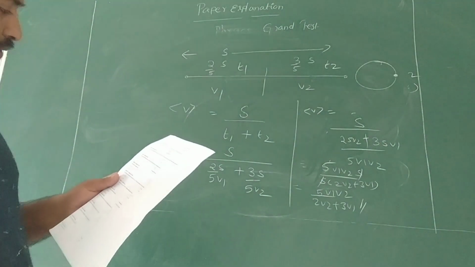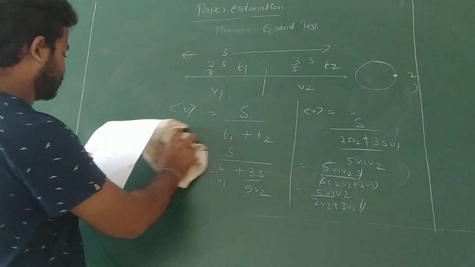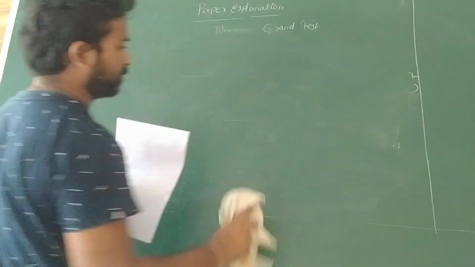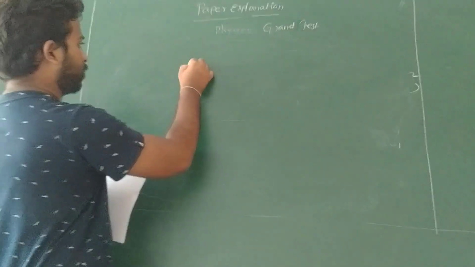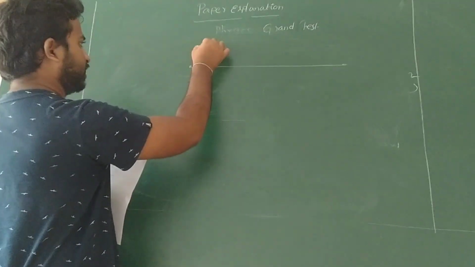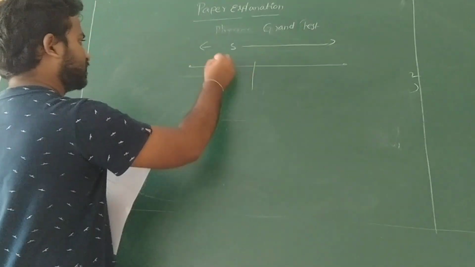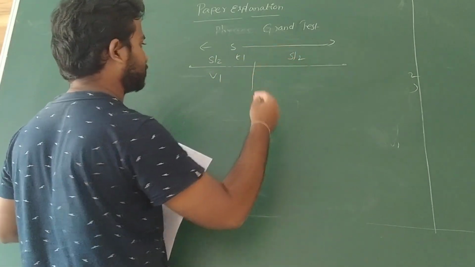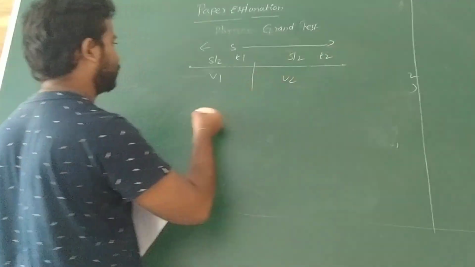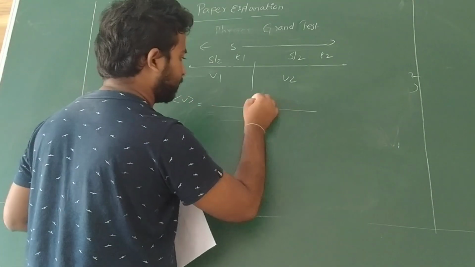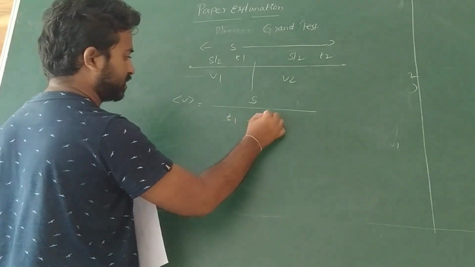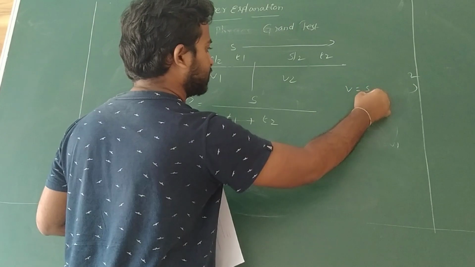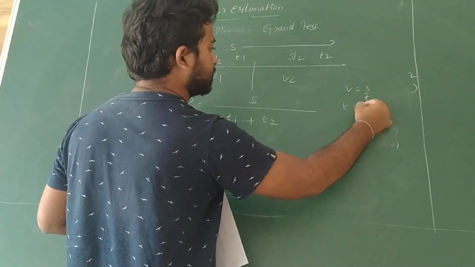And next one: a vehicle travels half of the distance with the speed v1 and the remaining half of the distance with speed v2. Find the average speed of total motion. Again the same concept. See, a body is traveling in a straight line. It covers total distance s. In this it covers half of the distance with the speed v1 in time t1, and the remaining half of the distance, s by 2, with v2 in time t2. Then average speed means total distance covered by the body is s, and time is t1 plus t2. Then v equal to s by (t1 plus t2). We know speed equal to distance by time, then time equal to distance by speed.